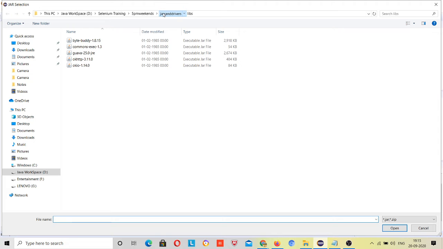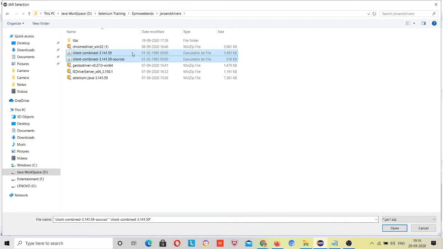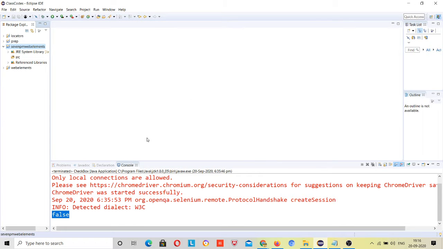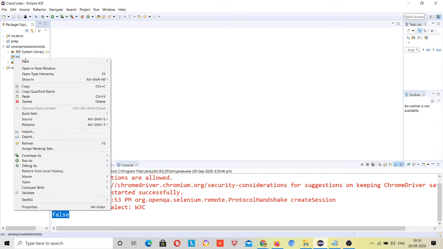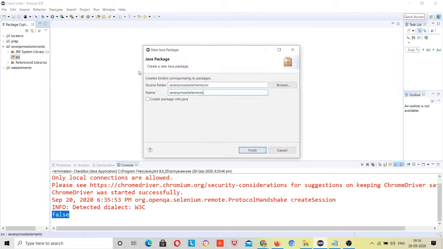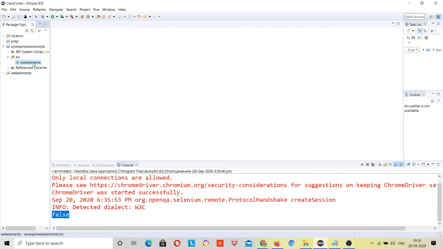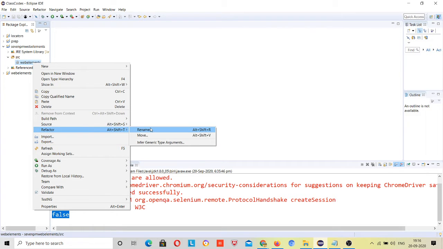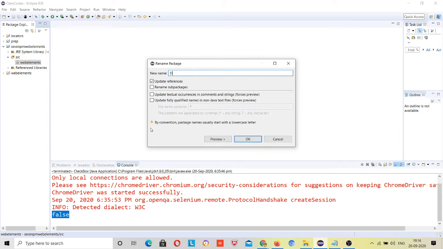Selenium jars, right? Now I will create a package here, web elements, sorry. Because I have already given my project name as web element, I will change it to dropdowns.